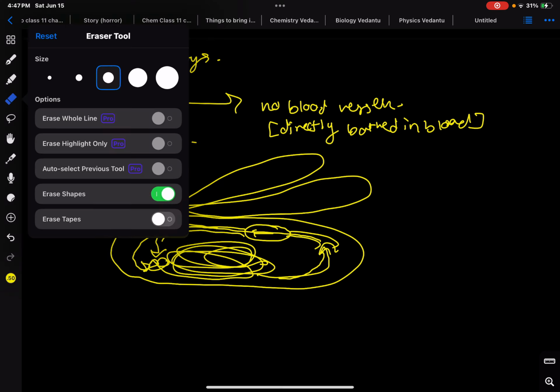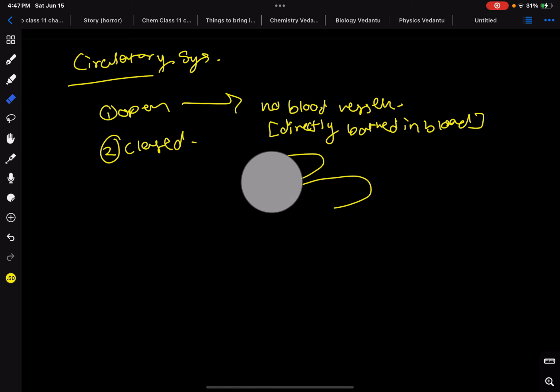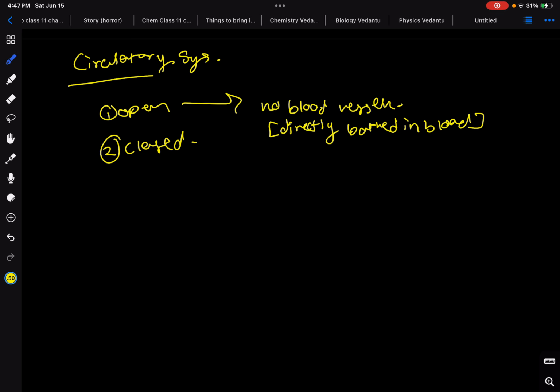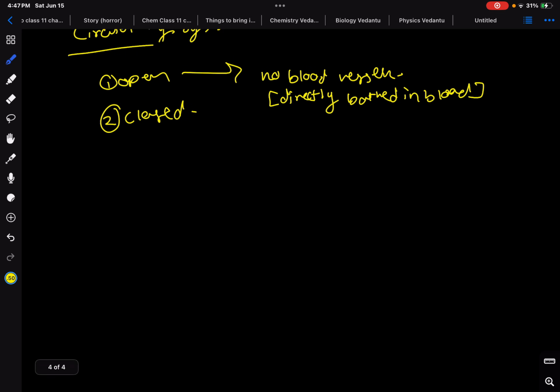So that is the fly. So that is an open digestive system. Then we have the closed digestive system. Let's take us as an example. We have a closed digestive system because we have